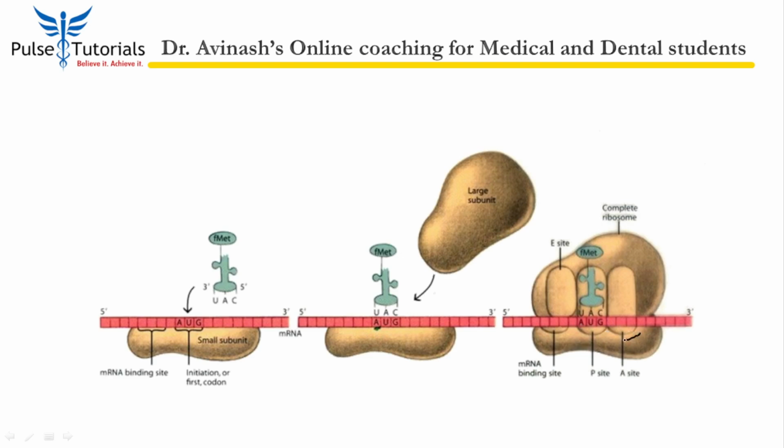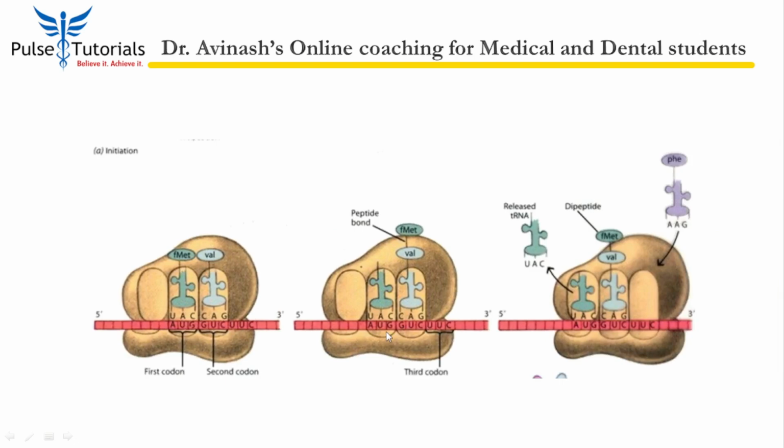Now, this is what happens. The second codon is now read. As you read the second codon, the second tRNA, the correct tRNA with the complementary anticodon comes and it attaches. Where did it attach? To the A site. Now, the moment this happens, using some ATP, the first amino acid is put on top of the second amino acid and a peptide bond is formed. Are you getting it? So the first amino acid got promoted, hence promoter site. Simple.